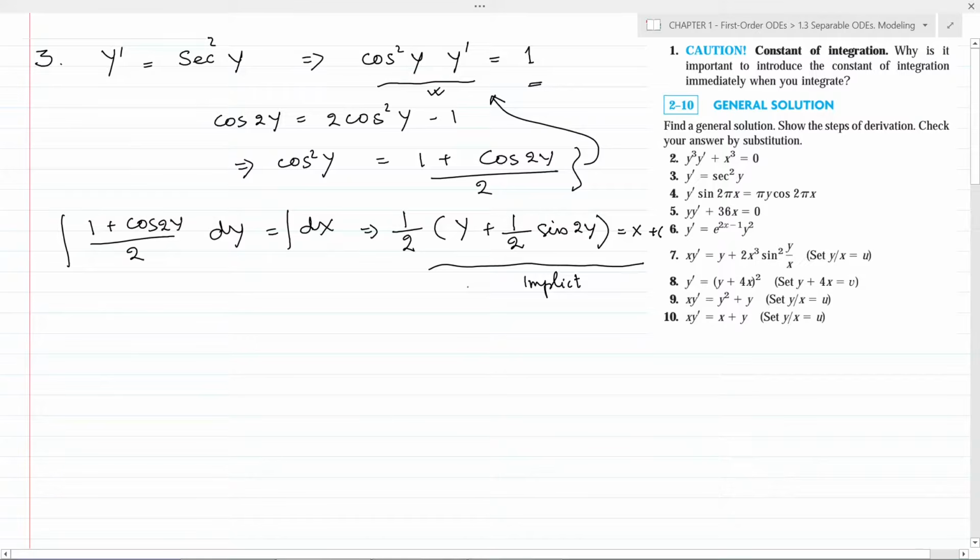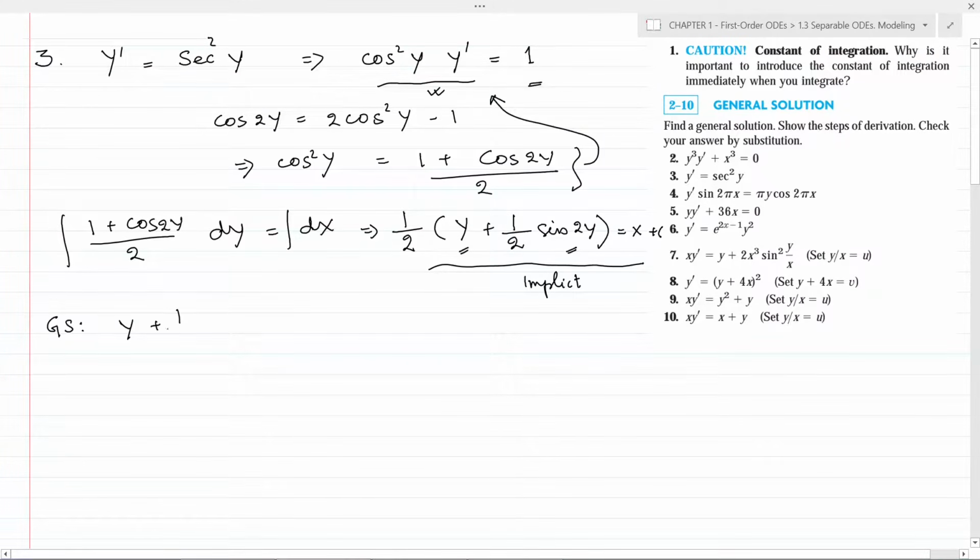Now for this problem it is very difficult to get the explicit form because we have two y terms here. One is associated with a trigonometric identity and one is a polynomial. So we will keep the solution as implicit form, as we know that all implicit functions cannot be expressed as an explicit function. Now the general solution we have is